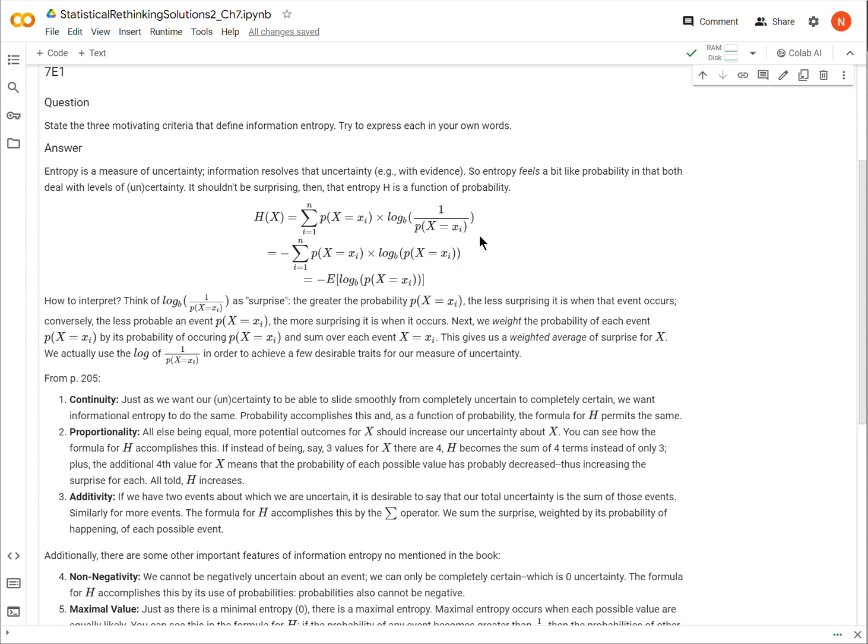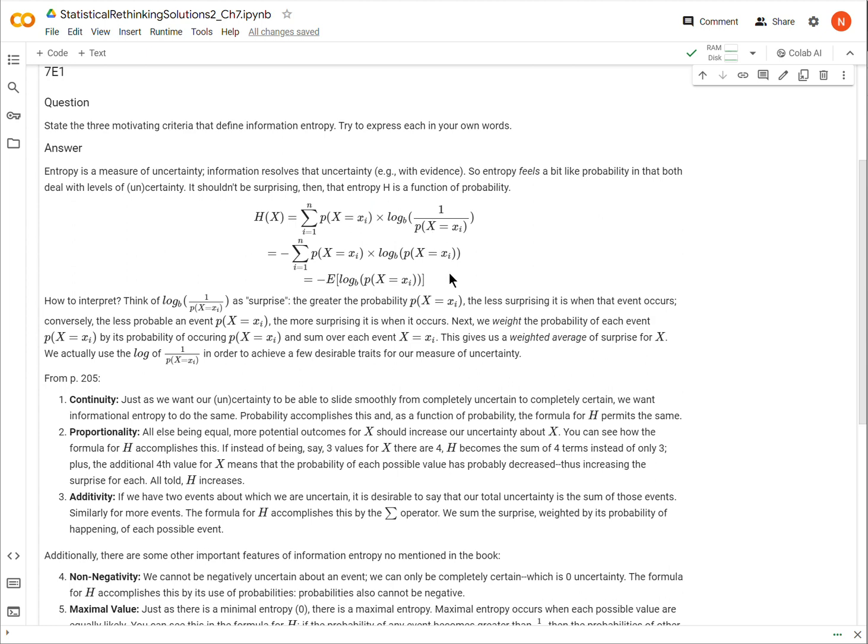So let's walk through this. Again, if we have a very probable event, say the probability of x is 0.99, okay? We're not going to be very surprised when that happens, and that event is going to happen a lot, okay? Now, when we have an improbable or a less common event happen, we're going to be really surprised, but the fact that we're going to be really surprised when it happens is because it does not happen a lot.